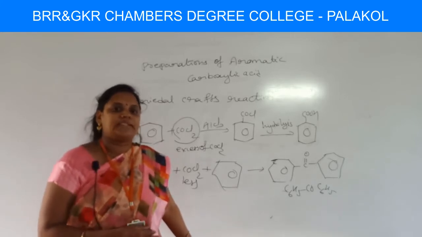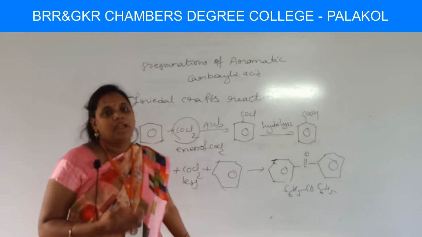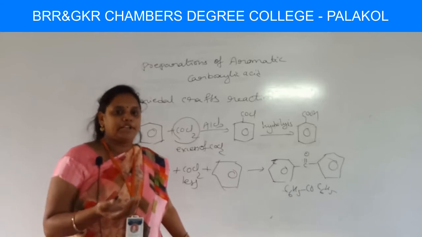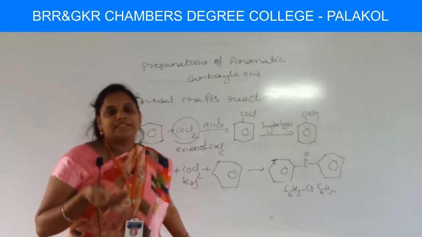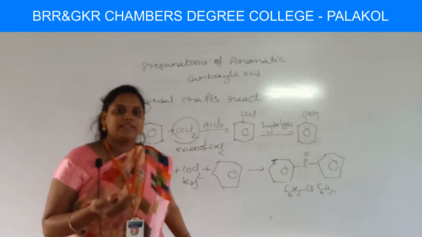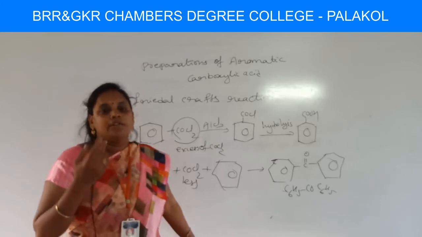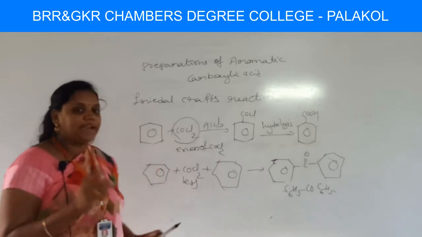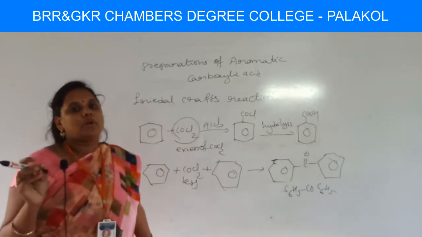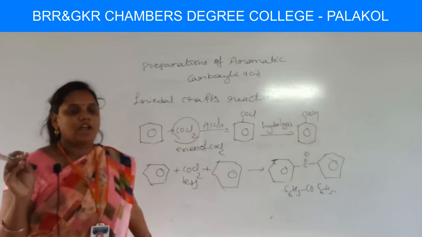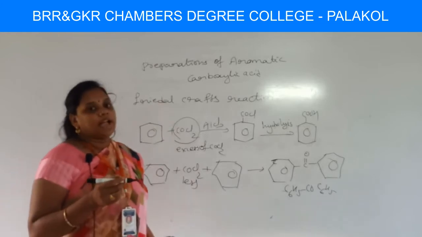Coming to the boiling points, they have high boiling points because they form dimeric association. I mean, if you count the molecular weight of formic acid, you will get double the molecular weight when compared with the single molecule of formic acid, because in this case formic acid undergoes dimeric association. So we have to calculate the molecular weight for two formic acid molecules. So boiling points are higher than the alcohols due to the dimeric association of carboxylic acids.